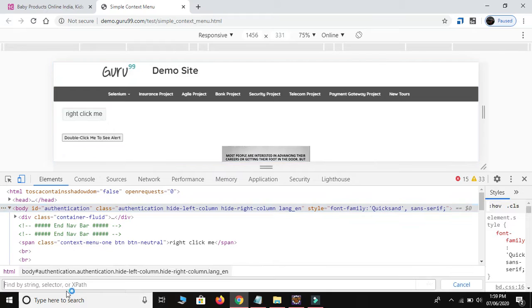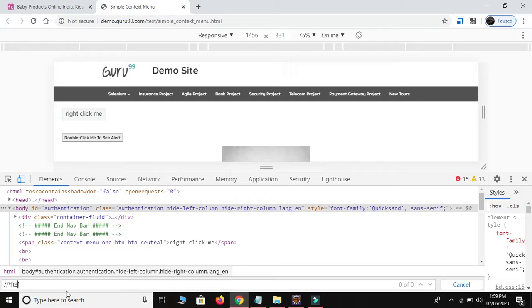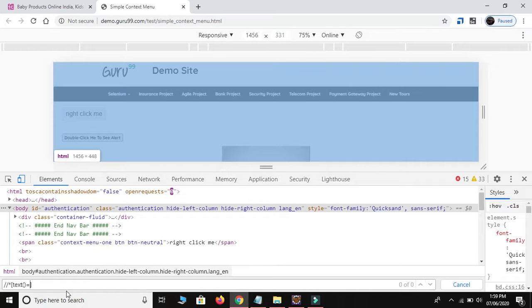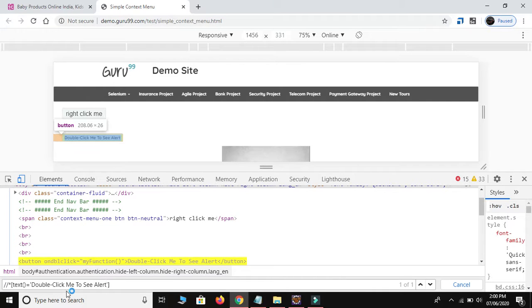Okay, but I don't know the tag name of my web element, so I will use star, and then I will use the text method is equal to, and then the text of the web element, which is double-click me to see alert. See, 1 of 1. Okay, without inspecting the web element I have created the XPath.